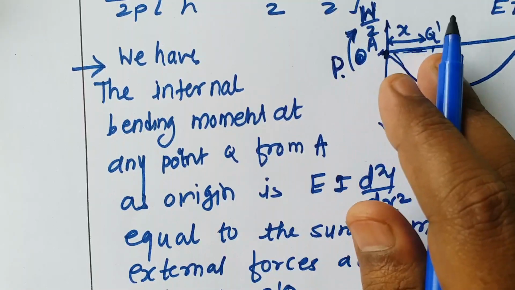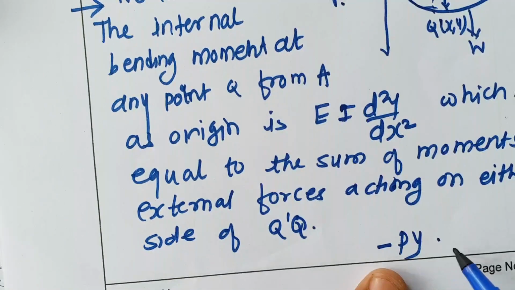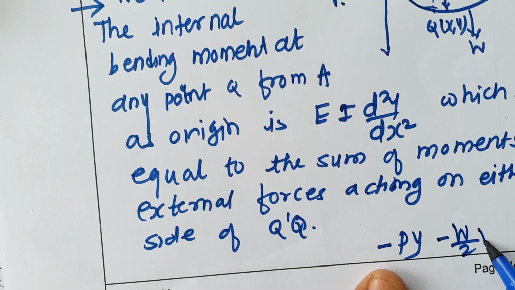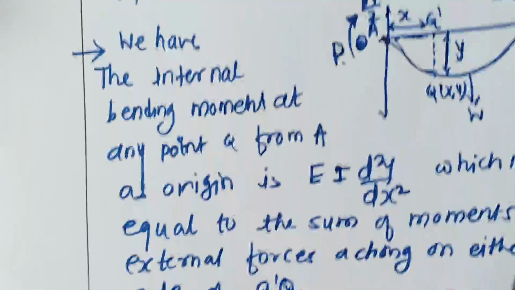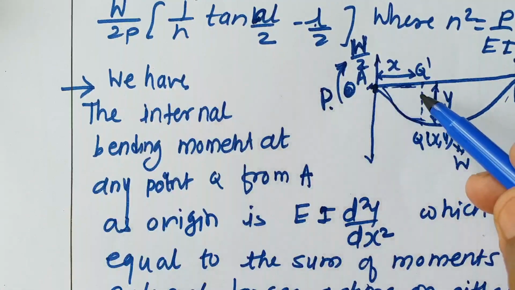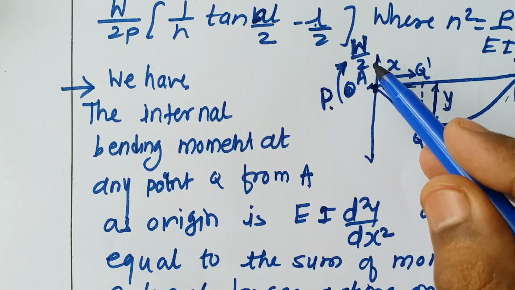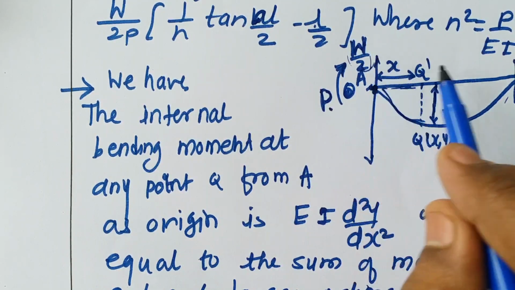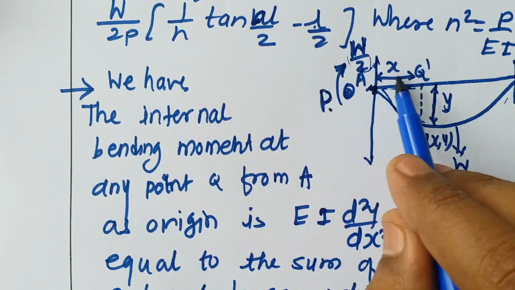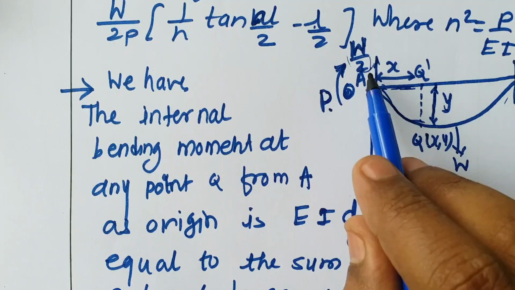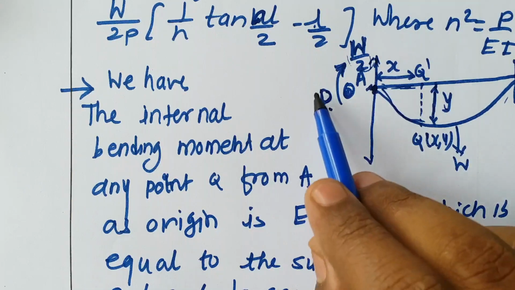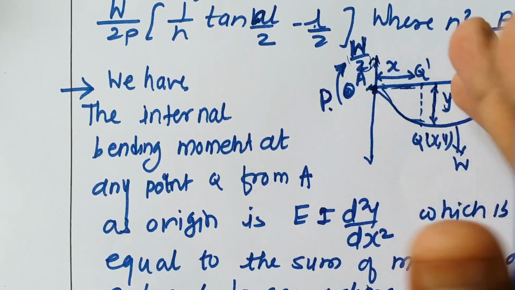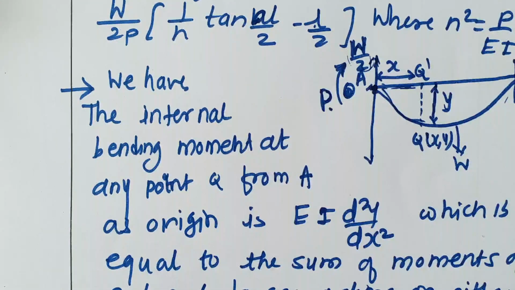Therefore this force is acting in the upward direction, and at a distance x we have considered that cross section, so the vertical reaction will also be negative. So these are the two forces acting on the left of this Q dash Q. One is the vertical reaction due to this W by 2, the weight acting at the end points, acting in the upward direction, and the other is the compressive force acting in the clockwise direction. Only these two forces we have on the left of that cross section Q dash.